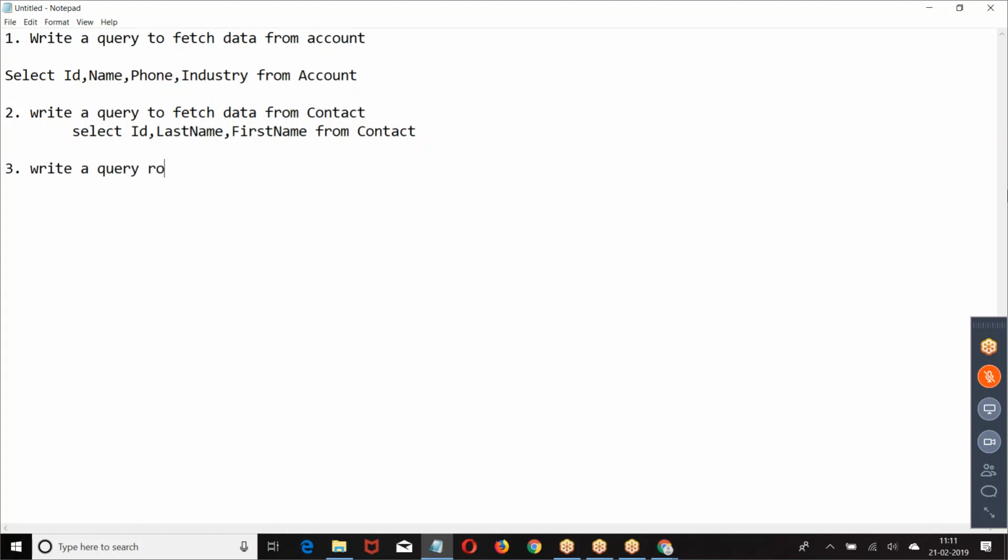Write a query to fetch data from the opportunity object. What are the fields we have?